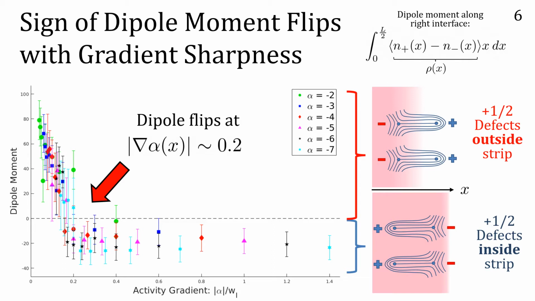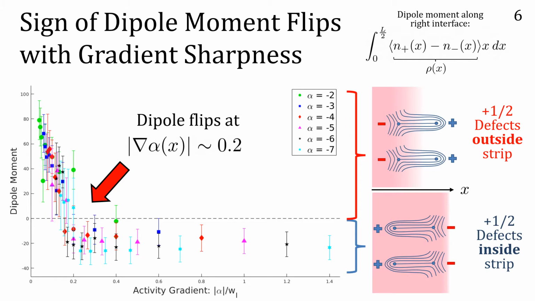Here we've plotted the dipole moment as a function of the magnitude of activity gradient, and we found that the sign of the dipole moment flips above a finite value, about 0.2 in the units of our simulations. This dipole flip transition is pretty unintuitive in our previous picture of +1/2 defects as simple self-propelled particles accumulating where